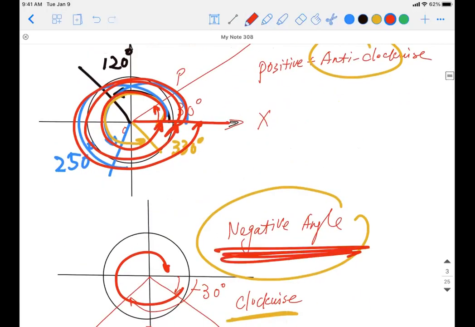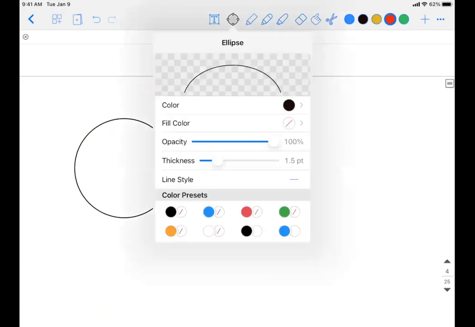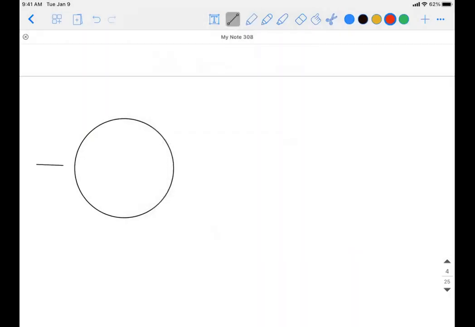I can no longer use the opposite side or the adjacent side because there's not such a right triangle for you to define. So that being said, we have to find a new way to define the trigonometry value, to basically adapt our old definition into the new way. So this is how you're going to do that. Again, I'm going to use a circle here. Let's have a quick look at how we're going to expand our definition to the unit circle.